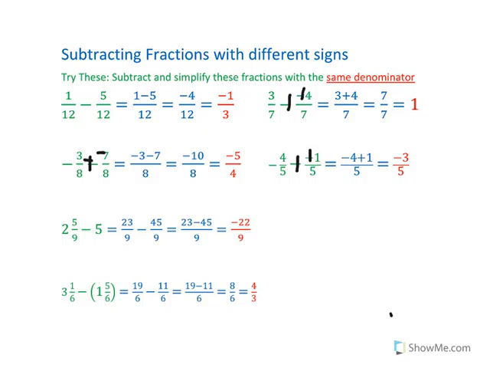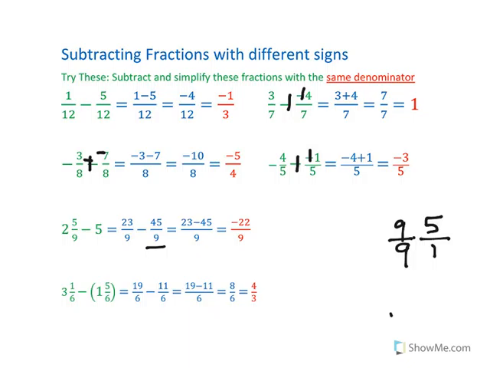Turn this into, and change the -5 into a fraction that has 9 in the denominator right here. And it's going to be 5/1, I'll do it over here, 5/1 times, we want a denominator of 9, so we're going to get 45. That's what I have right here, 45. So 23, take away 45,